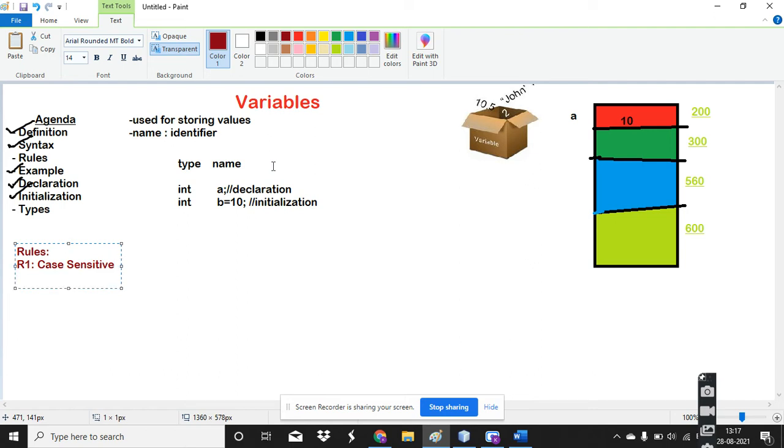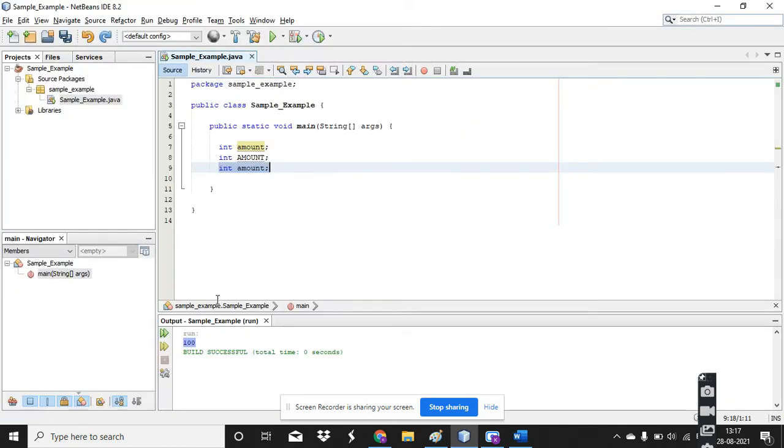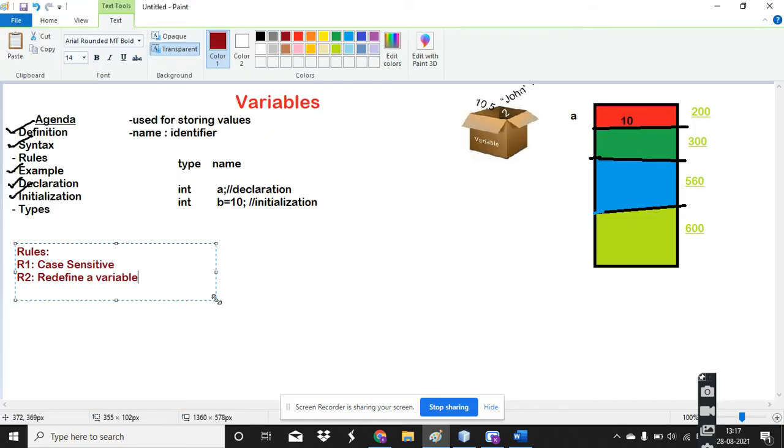Fine. And rule number two, you cannot redefine a variable. This is why in this example, if I give a third statement with the same name, it will give me an error. Fine. So this is your second point.